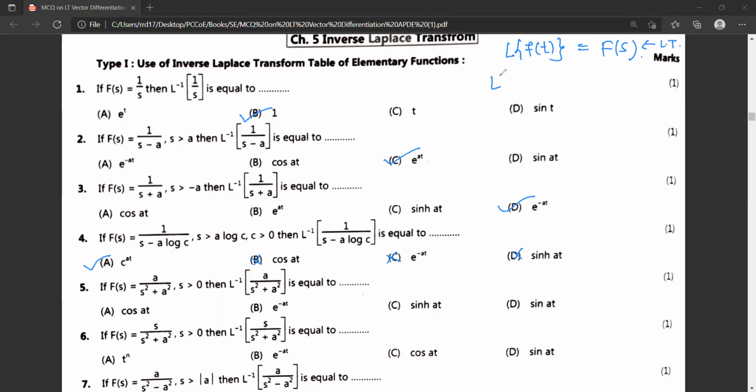And if they ask you to calculate the inverse Laplace transform of this f of s, we are going to get f of t. There are two methods of doing it. The first method is the direct formula of the inverse. And if you are not comfortable with the formulas of the inverse, the second method is going to be a little bit lengthy, क्योंकि आपको चार options का करना पड़ेगा. So I'll suggest if you learn the formulas of the inverse Laplace transform,